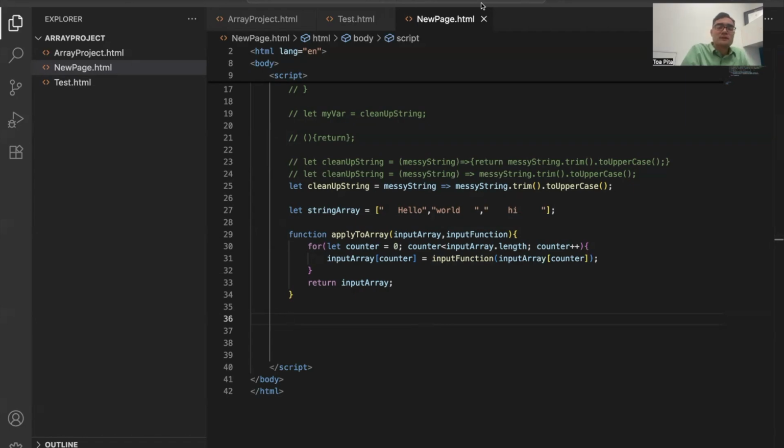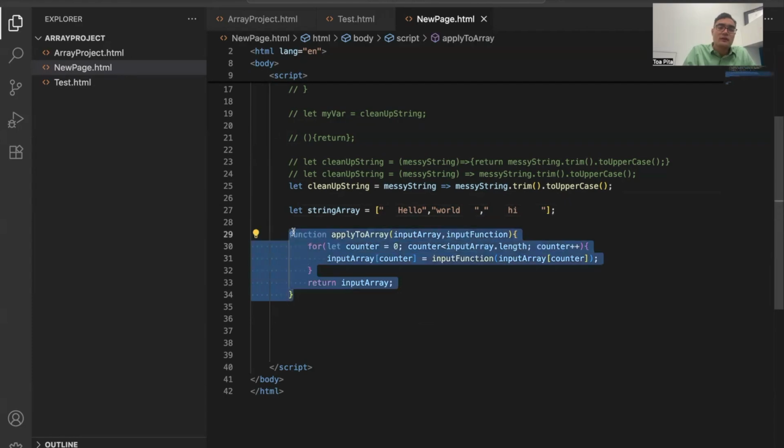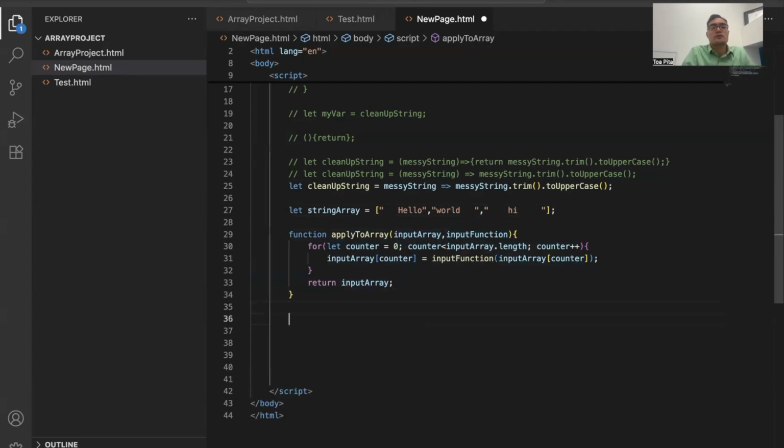Okay, so to explain this next part, I actually brought in the function and the string array from a previous video. So here we've got that string array with extra spaces and different capitalization. And here we've got the function that will take an input array and take an input function. So if we want to call this input function apply to array, maybe we'll say let result equal apply